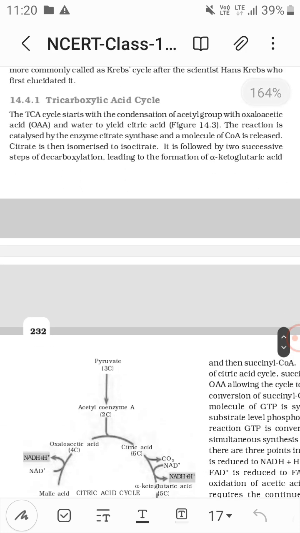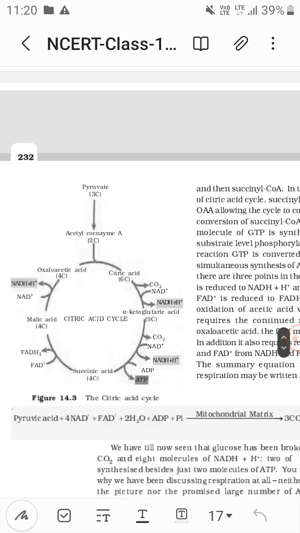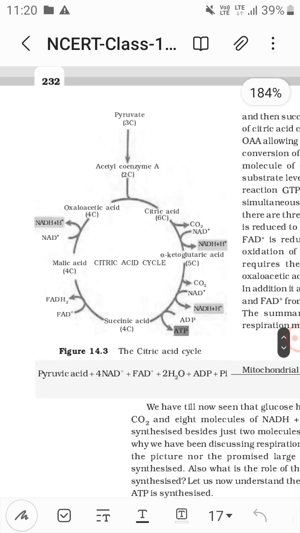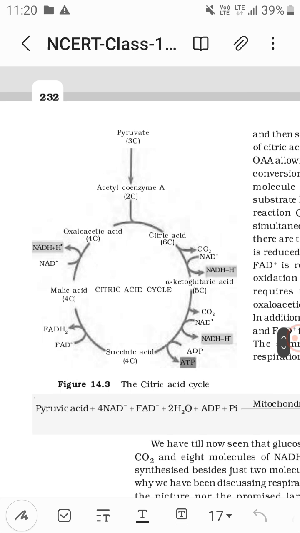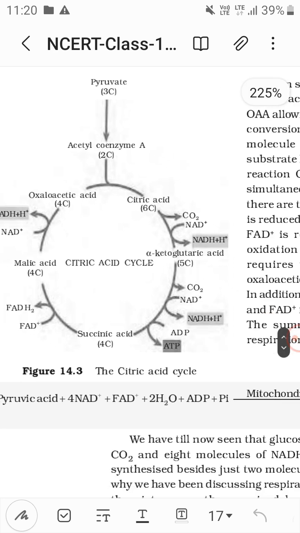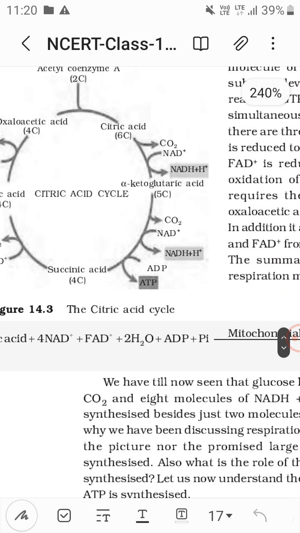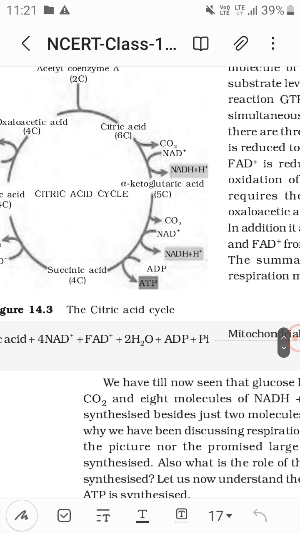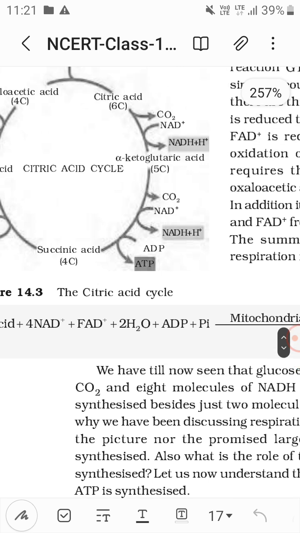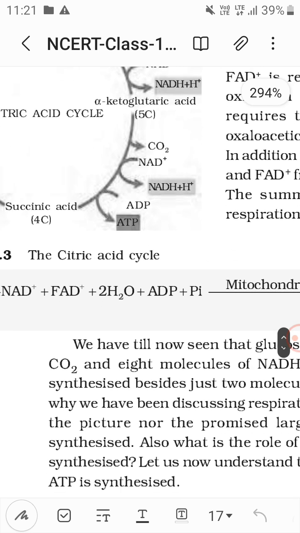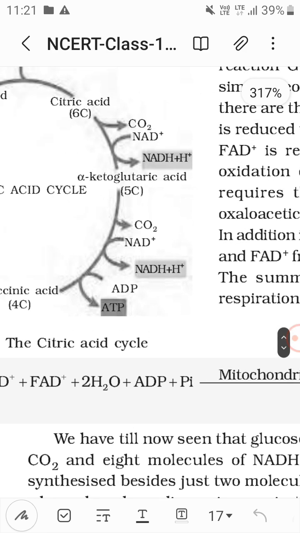Now the tricarboxylic acid cycle, that is the citric acid cycle. Pyruvate is 3 carbon; acetyl coenzyme A is 2 carbon; with water and oxaloacetic acid, 4 carbon, it converts into citric acid, 6 carbon. Then decarboxylation occurs and NAD plus is converted into NADH plus H plus, and alpha-ketoglutaric acid is formed, 5 carbon. Then another decarboxylation, CO2 is removed and NAD plus is reduced into NADH plus H plus, which is for energy